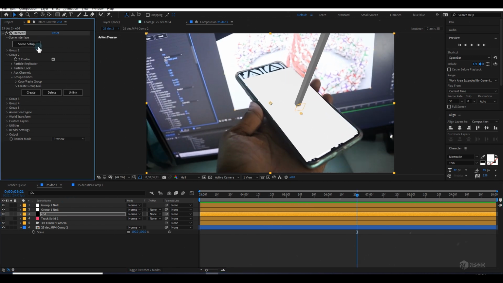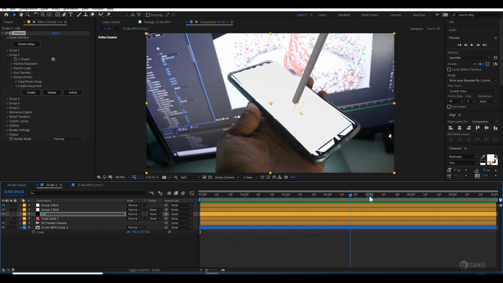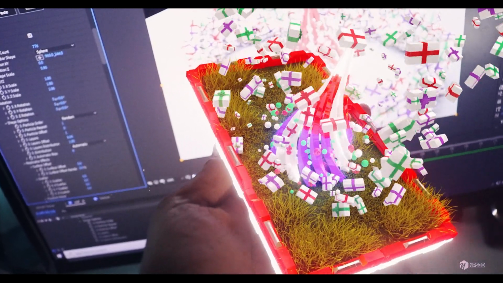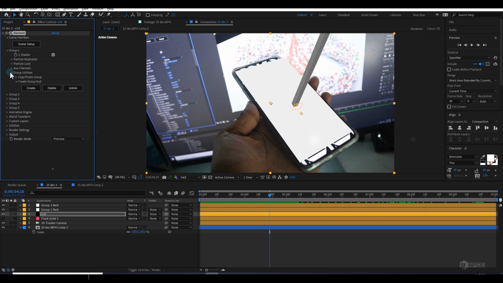Let's go to the scene setup again and you can just change this position a little bit, just a little bit. So good. We can also scale this value in later also. Let's create our tree or the Christmas lines which we created completely with Element 3D. So go to the group 1, go to the particle loop and here is an option called deform.